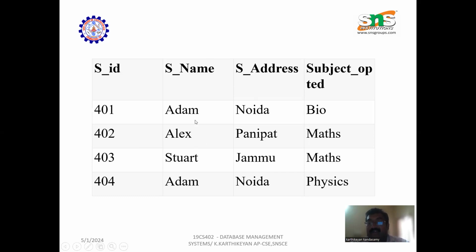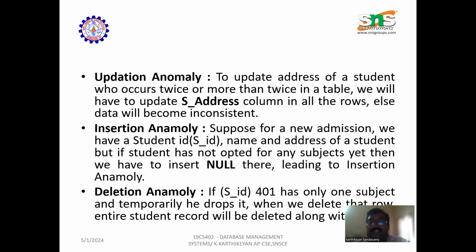The same name can be repeated in the column. So redundancy can occur. You can remove the redundancy by adding the serial number or removing the name from the table. Now the updation anomaly: to update the address of a student who occurs twice or more than twice in the table,